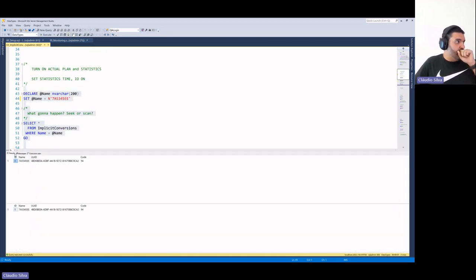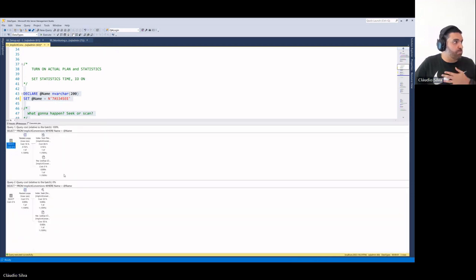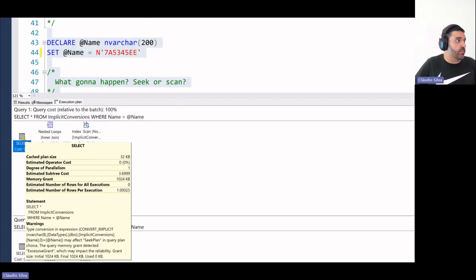Okay, so pretty much the same execution plan, it seems, until we start looking at a couple of tips that SSMS is giving to us. Being the first one, this yellow triangle here.